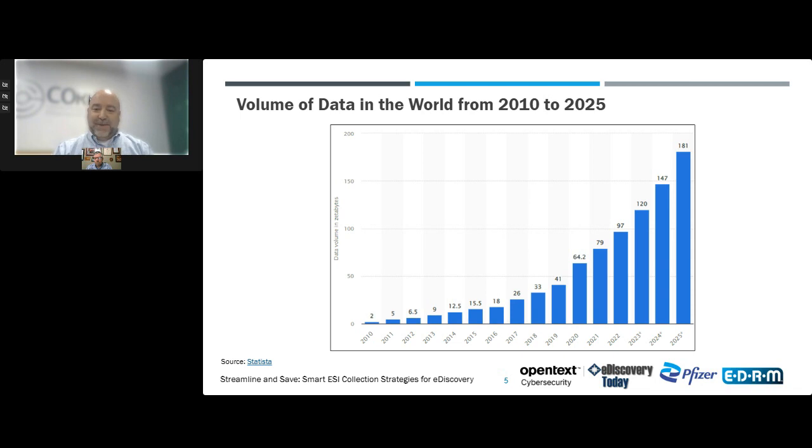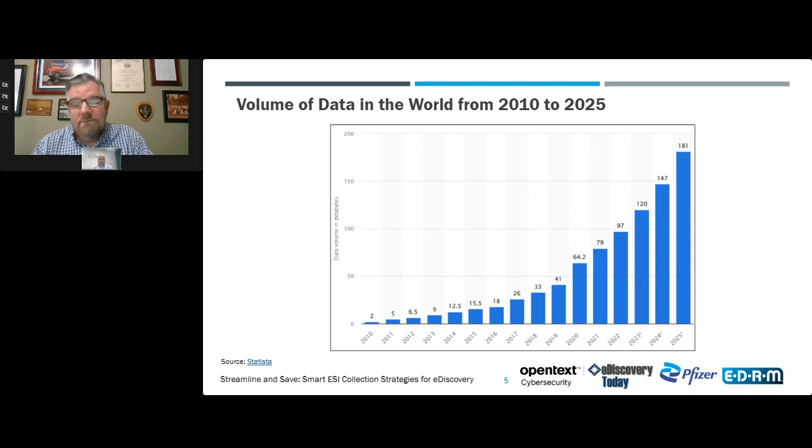all of Brian's information are gone. Some of it's not even accessible in a corporate environment. And B, I don't think people realize how much data that is until they see the volume presented either as a bill from a vendor, or they want the answers yesterday and that data is still collecting. Yeah, absolutely. A lot of data, and it's really tough to do custodian level collections anymore, for sure.